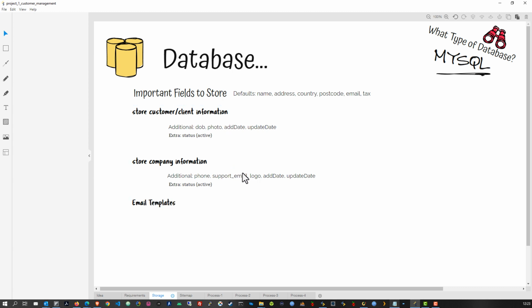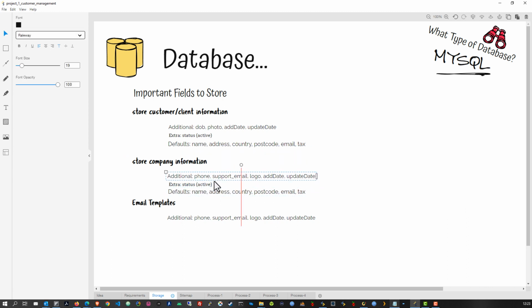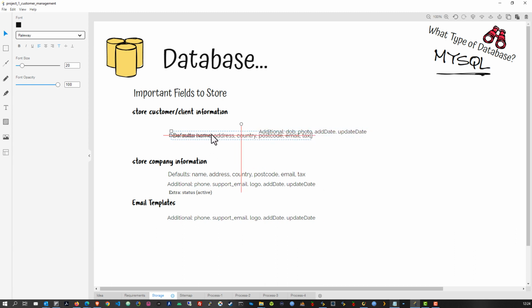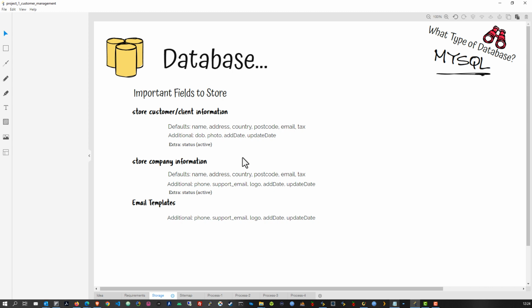Okay, so now if I copy one of these, and again, we can add here all of our details. So our default fields have now changed. So let me place that over here, and I'll actually place that into each individual field so that there's no confusion. And maybe I should place the defaults and extras and additional in some shape and form of order. Yes, if that makes any sense. Additional and then extra. There we go. Right, so we have our default fields, our additional fields, as well as our extra field, and